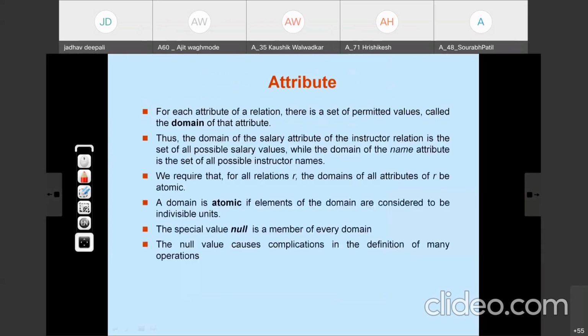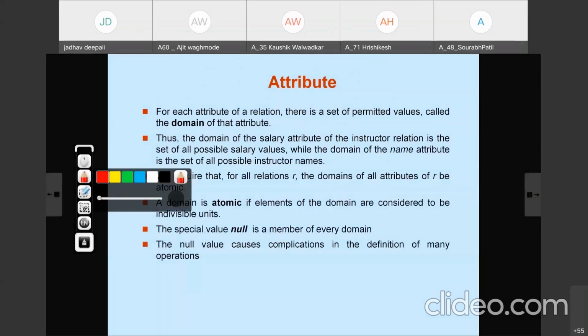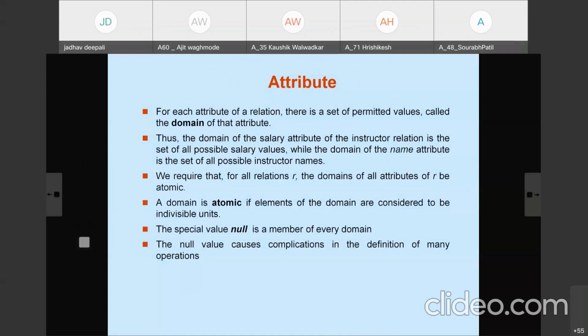Now, another concept that we have already learned, but I am going to repeat it simply. For each attribute, there is a set of permitted values. We call it the domain of that attribute. So the domain of the attribute is nothing but the set of permitted values.